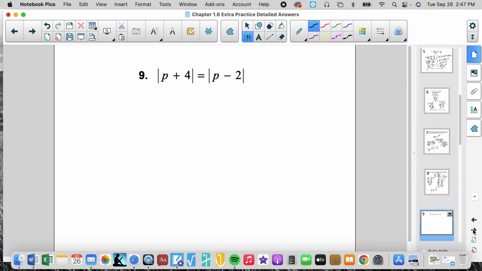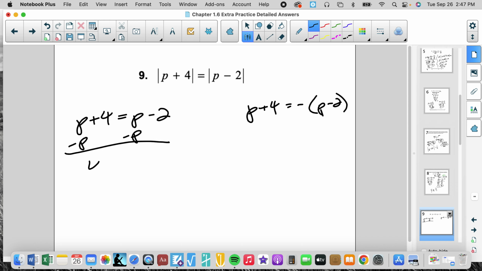Again, we have 2 absolute values, so we'll do the positive of the left equaling the positive of the right, and then we'll do the positive of the left and the opposite of the right. Minus p minus p. This reminds us of the situation in